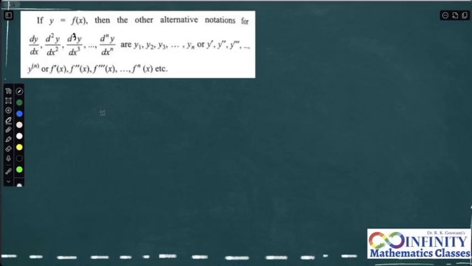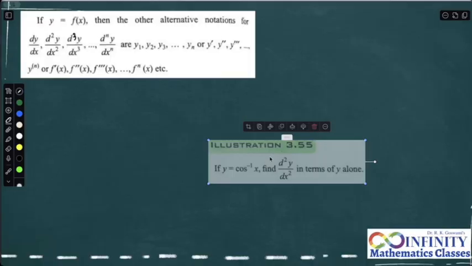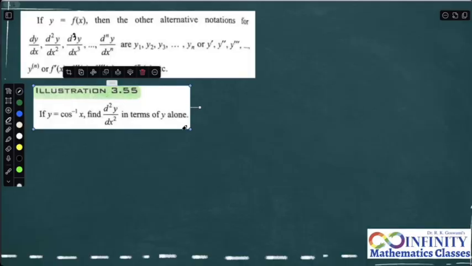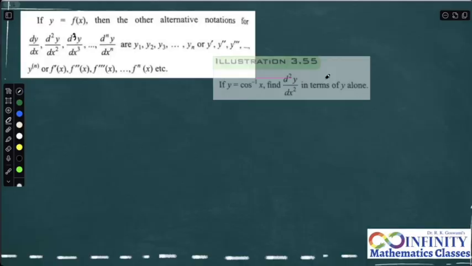So we have a first question. That means do the derivative first time, then do it again. Simply, it is the second derivative. When you do it again, it is the third derivative. If you look at this question,